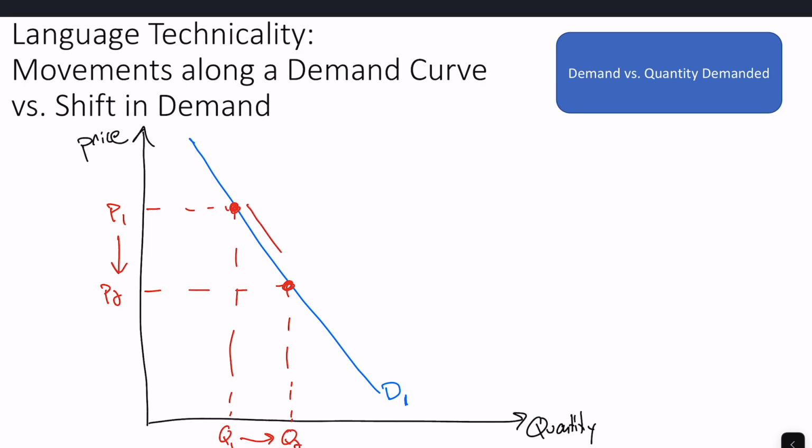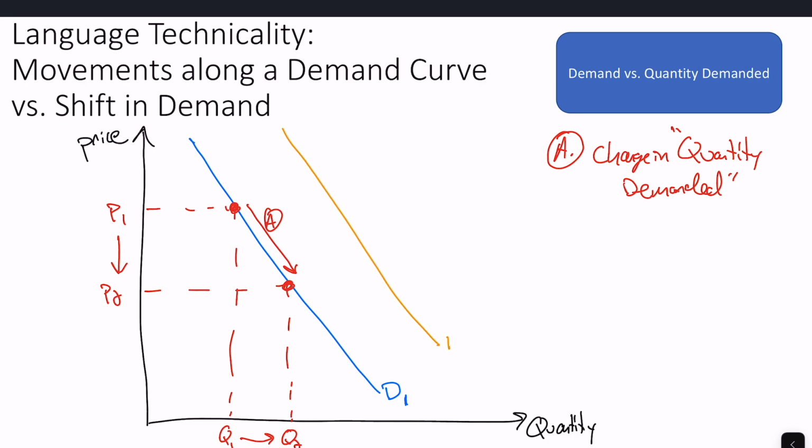If we have this sort of movement along the demand curve, let's put an A there, we're going to call that a change in quantity demanded, like so. And that quantity demanded is the important part. Okay, we want to separate that